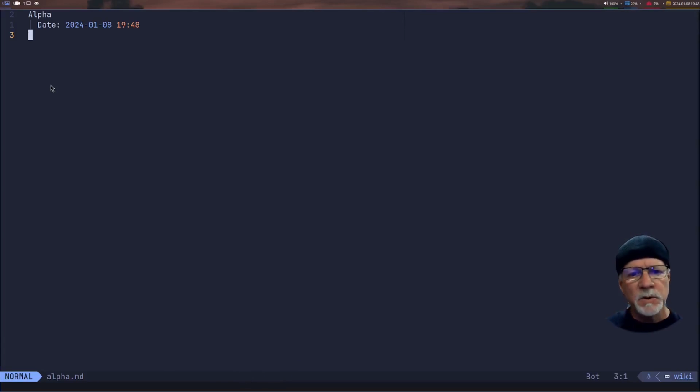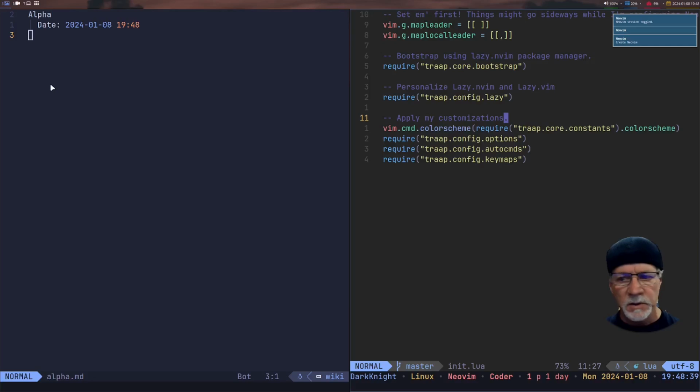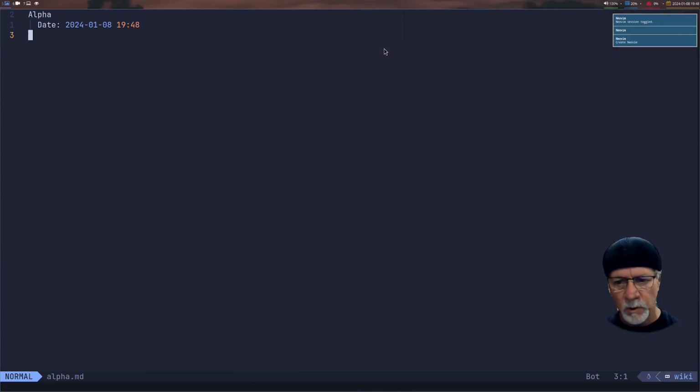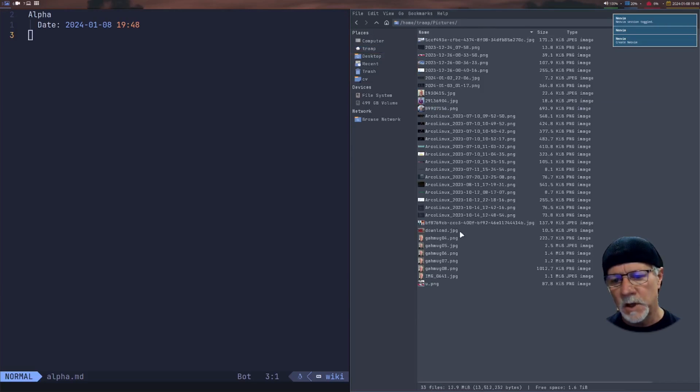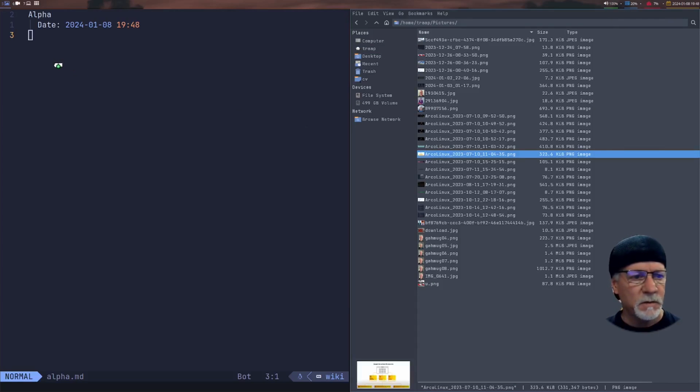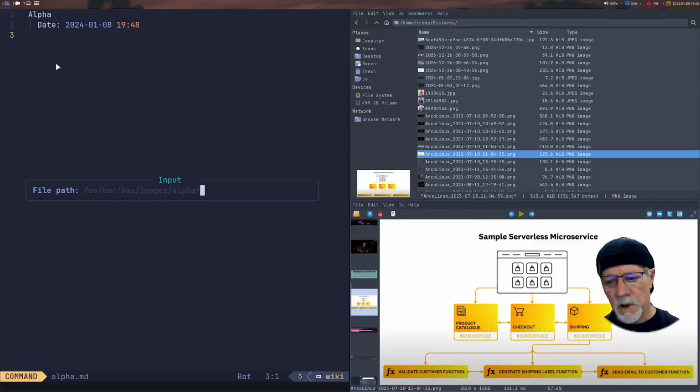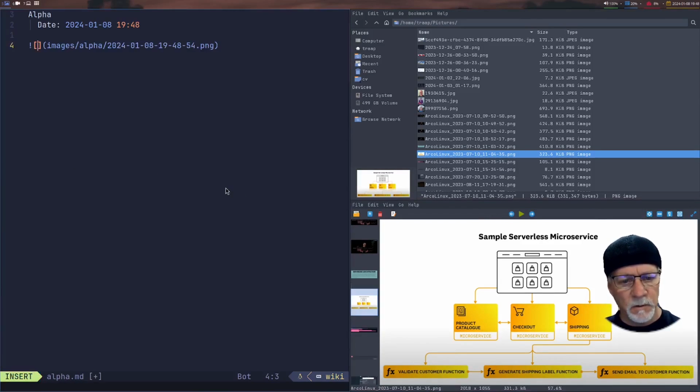Now what just happened was because I changed pages, Markdown Preview automatically stopped working, which is expected behavior in this context. But what I'm going to do at this point is we're just going to bring up a file browser again. We wanted to bring up the file browser, go back to the pictures, and we'll grab something else. So this is going to be microservices or something like that. Okay, microservices, great. That's what we brought up. That's what we're getting ready to add. There it is, and we'll just call that sample